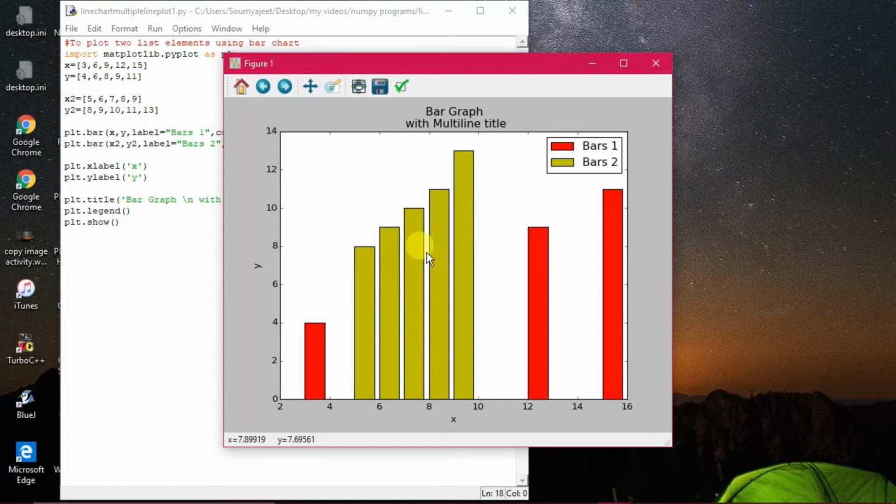So the values have to be taken in such a way that otherwise you will not be able to understand how it is being plotted out here. 3 comma 4, bars 1, and the other two are not being shown out here. Okay, because the plotting has not been done properly, that's why it does this. So you have to change the plotting whenever you are drawing the bar chart. All right, so you do it practically, and if you have doubt you can ask me also.